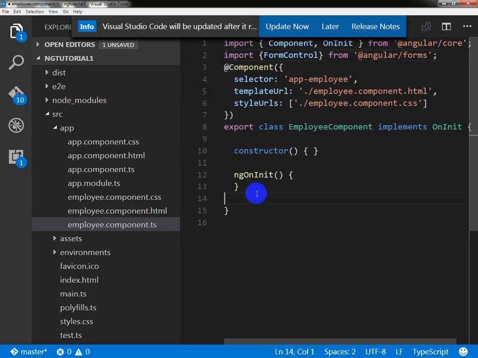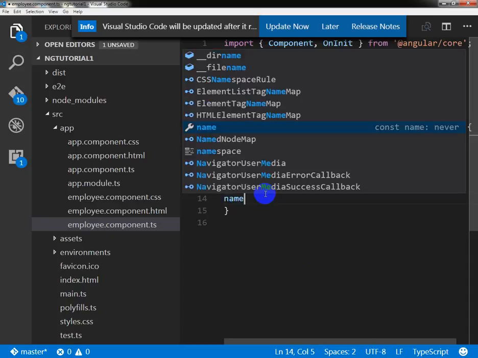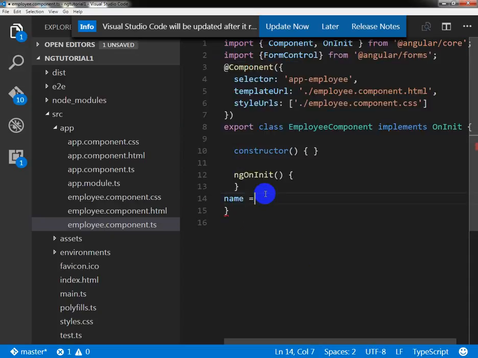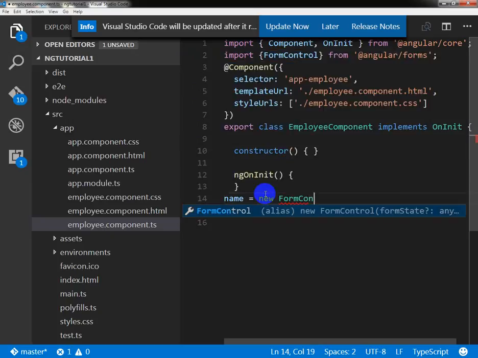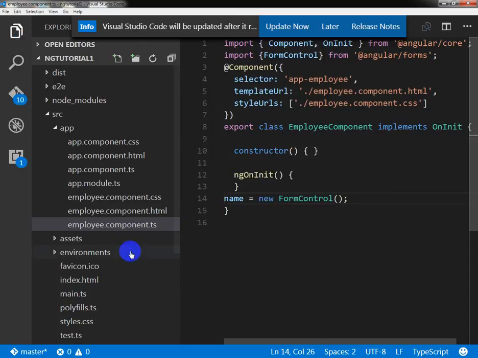And here, very first, I'm going to create a sample input box in our component template. For doing that, I'm going to create a name form control class,